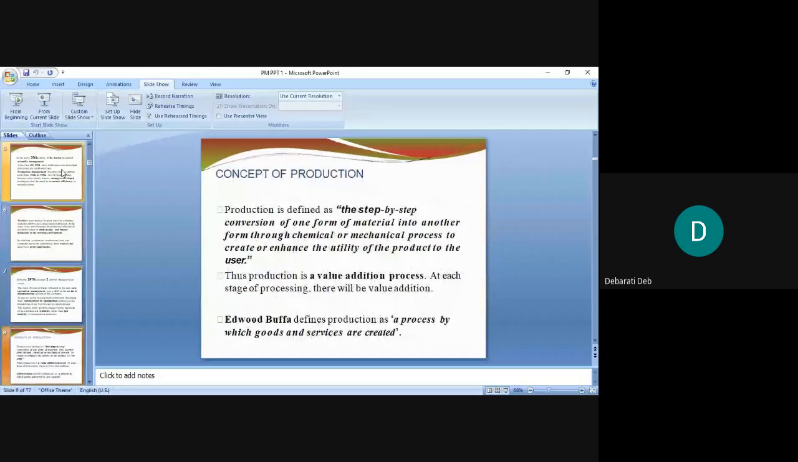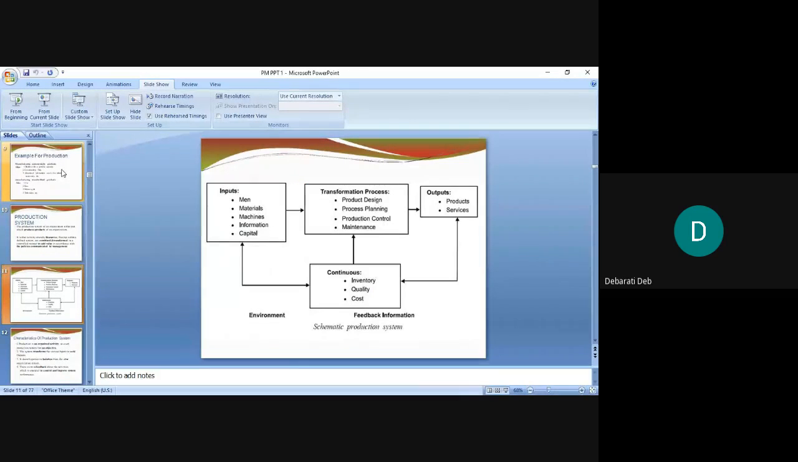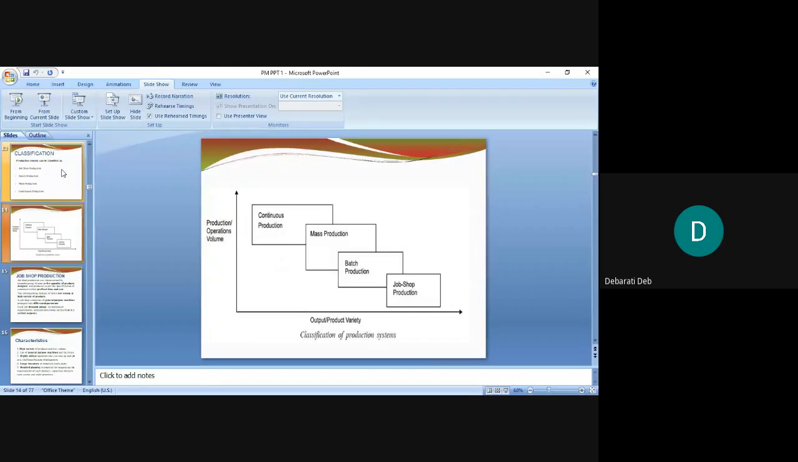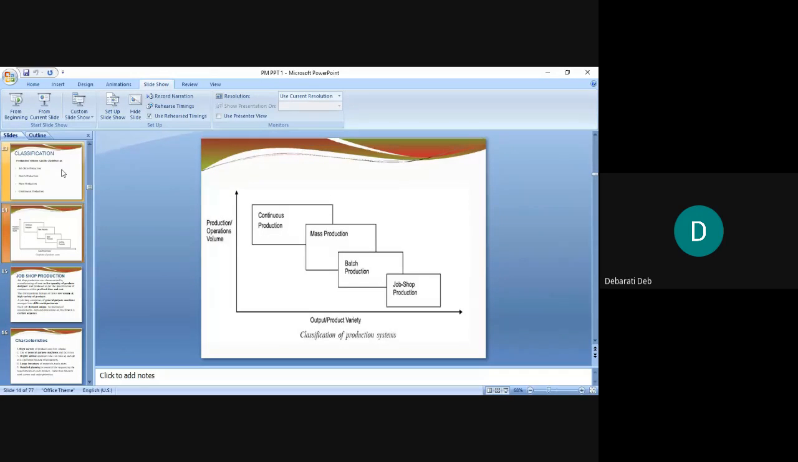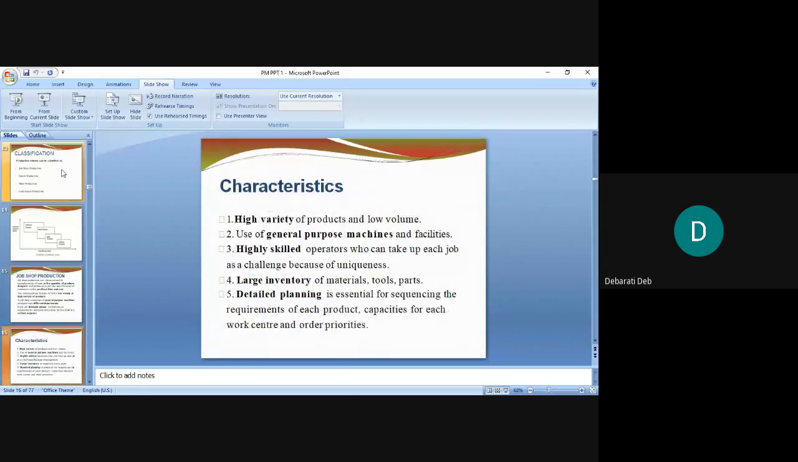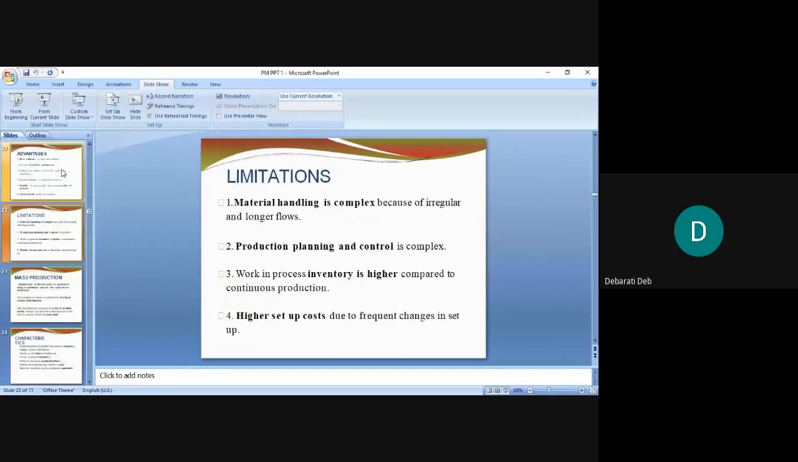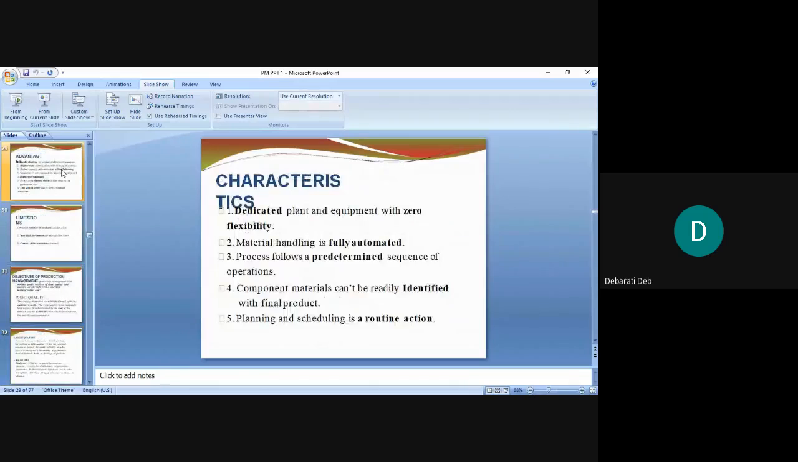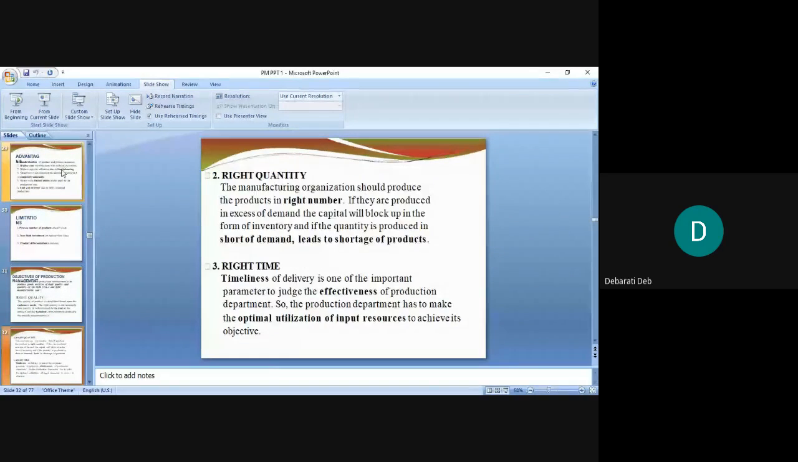Then we moved on to production system. In production system, we found that there are different types of production system. We started with job shop, then we had batch, then mass, then continuous. Four types of production system we had covered, and in each type of production system we have done the characteristics, advantages and limitations. So for all the four types of production system, we have done all these three topics. Then we moved on